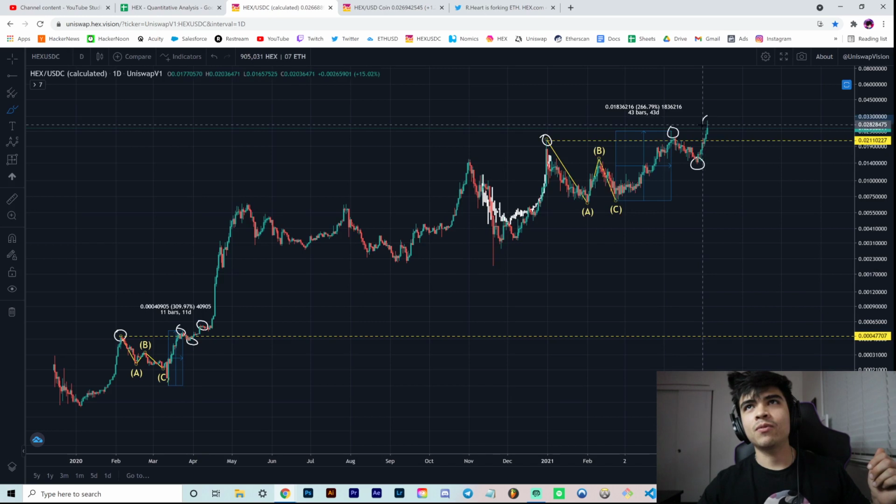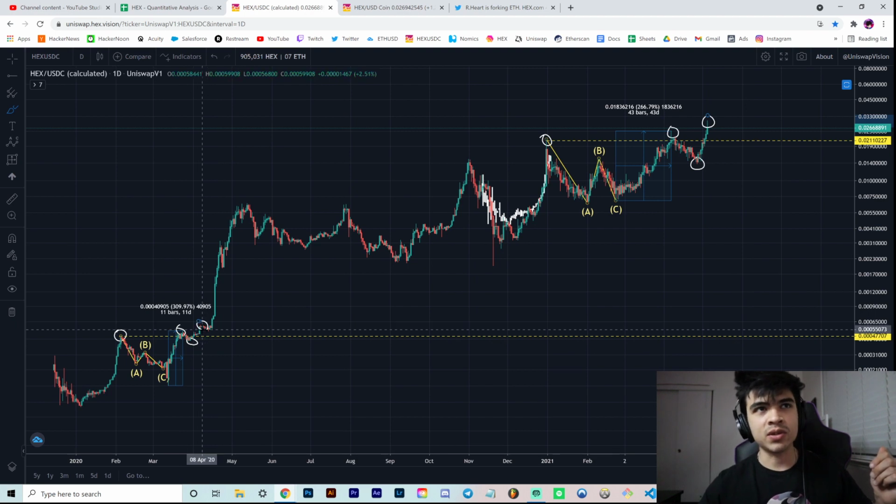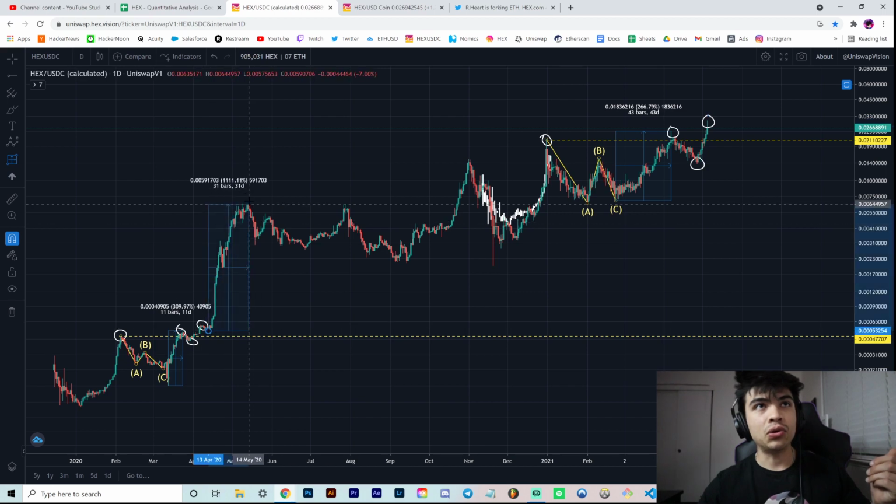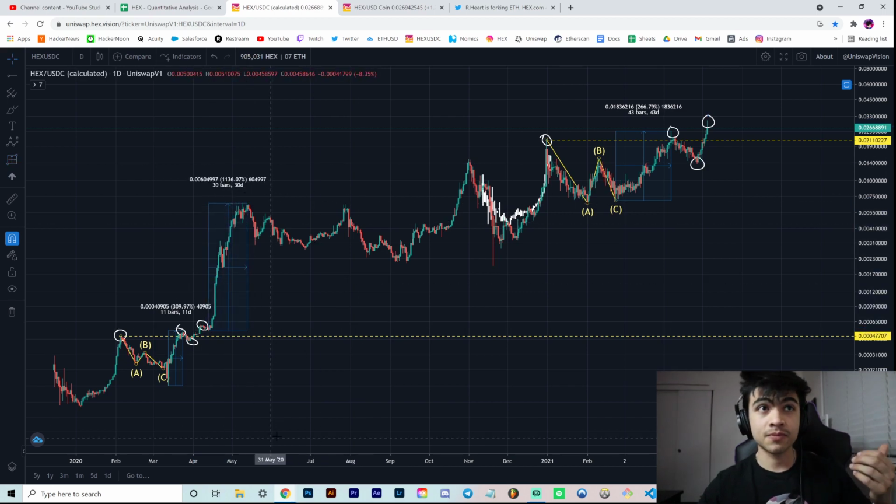And what are we having right now? What's happening right now is we're having a third high. And then the last part that happened was history, right? We saw just about a week of accumulation before the infamous, or not the infamous, but rather the legendary move that took us up another 12x.